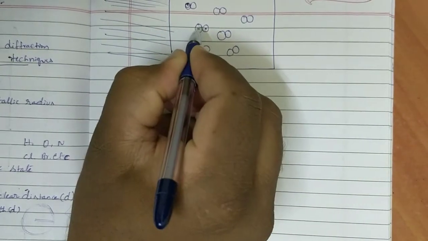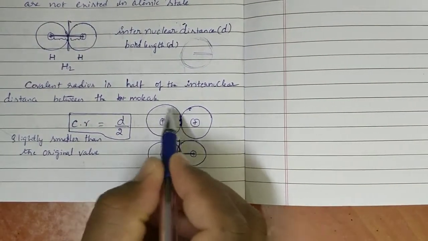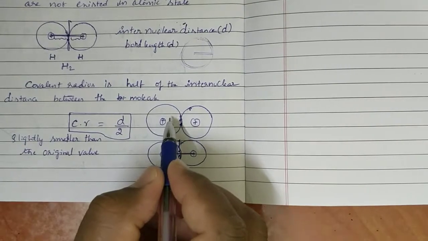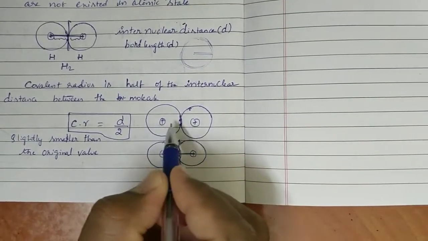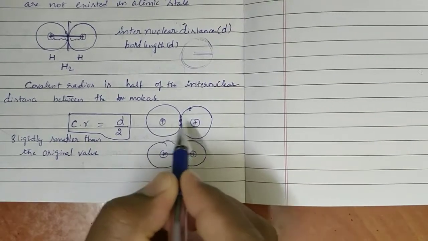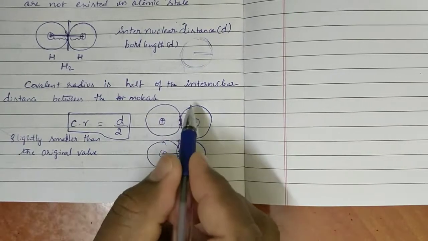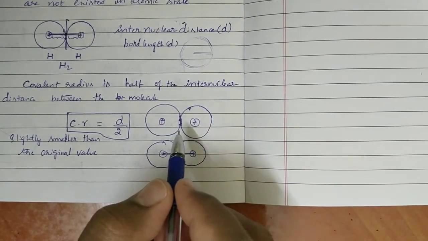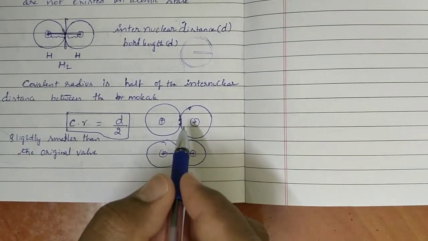Actually, between the nuclei, electrons are there, but electrons are very small, and they are revolving with very high speed. That's why we treat the atom as almost empty except for the nucleus. The nucleus is the strong region, that only we can consider. Electrons are not considered because they are very small and revolve at very high speed.